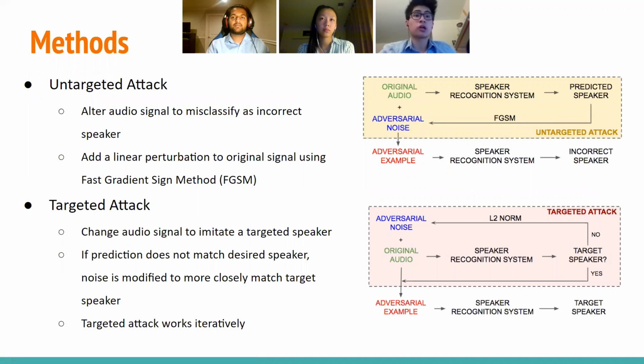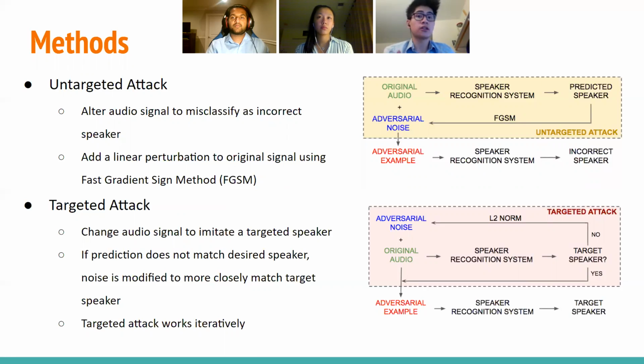The first half of our project focused on untargeted attacks. The goal of an untargeted attack is to incite a misclassification. For example, if I were to say something, the model would predict that the speaker is anybody else. While this doesn't seem very useful at first glance, we could consider a situation where speaker recognition is used for authentication. Say we have a voice assistant system that internally has a list of authenticated users that are able to, say, request bank transactions. With an untargeted attack, I could trick the system into thinking that I am one of those authenticated users.